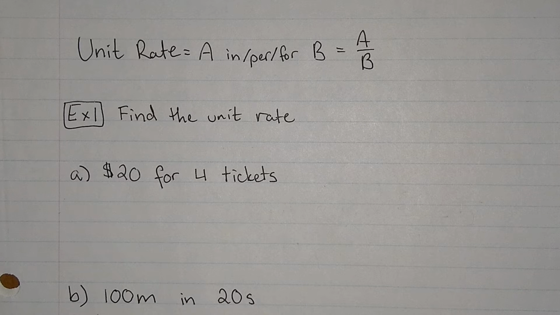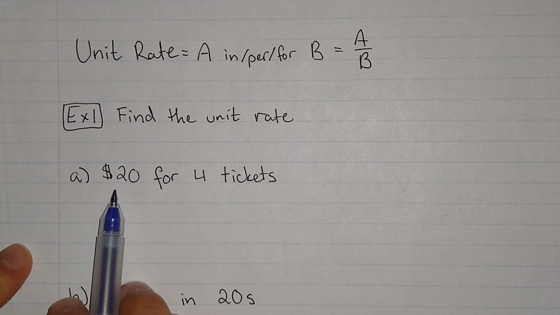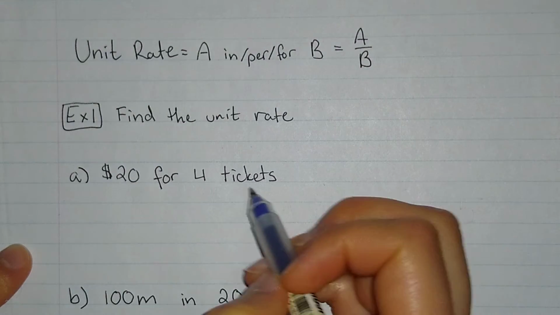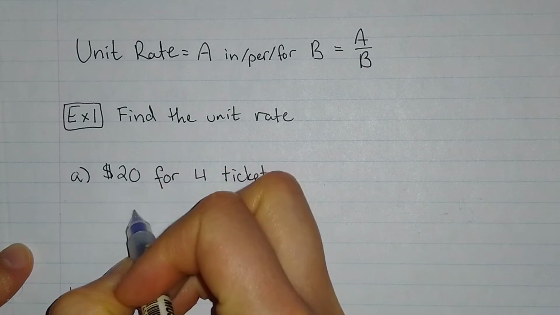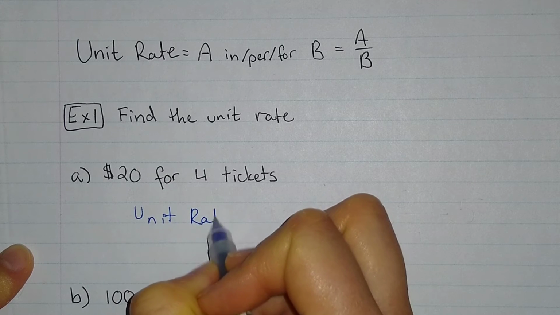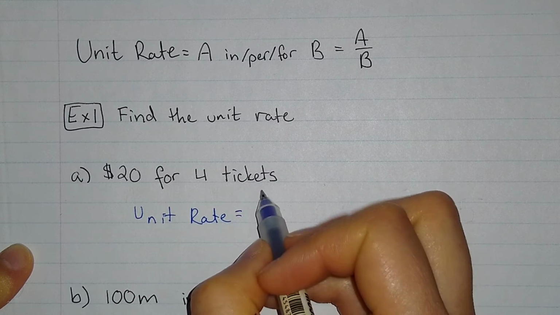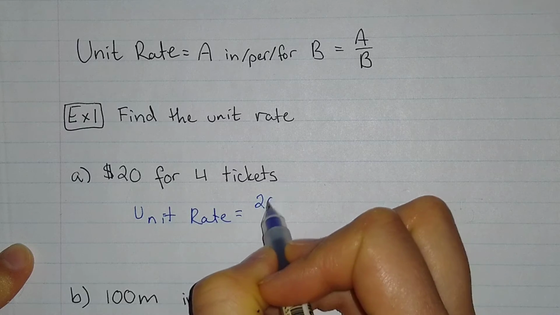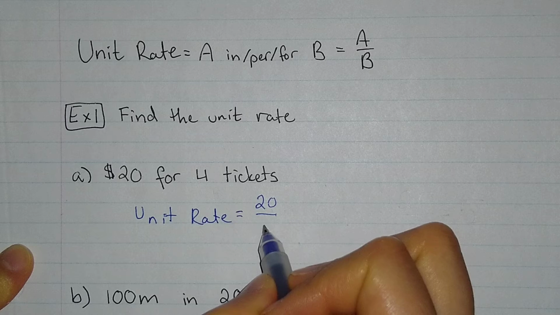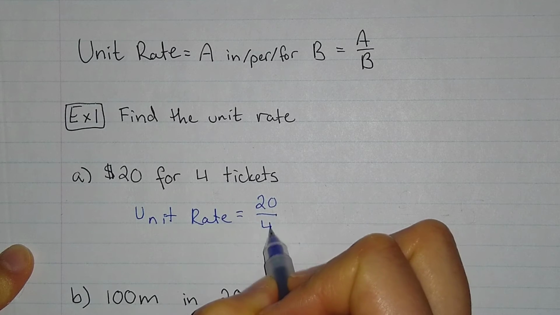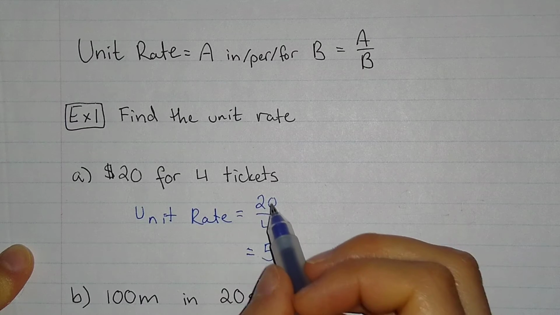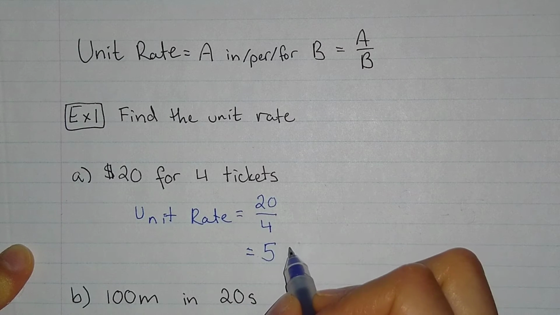So if I say find the unit rate, here we have $20 for 4 tickets. So 20 is like your A, and 4 is like your B. So the unit rate will be $20 on top, sort of like this, divided by 4 tickets. And if you calculate that, you'll get 5. And whatever was on the top, in this case dollars,